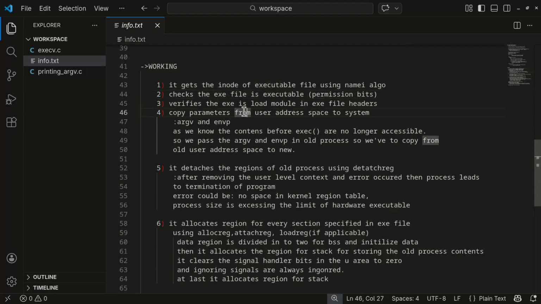After that, it checks the headers of the executable file and checks whether it is a load module or not, and it starts copying parameters from user address space to the system,